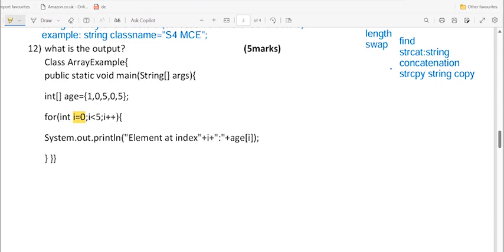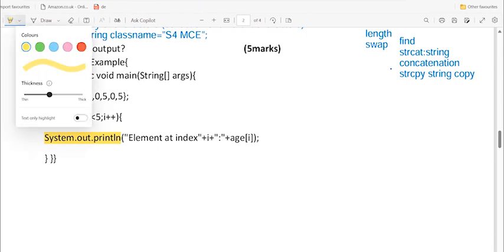Here 5, then we are incrementing from 0 to 5. Now for each iteration, we are going to do what? We are going to display. What is going to be displayed? It is a system out print line, which means after printing the element, you go to the next line. Then you are going to print what? It is printing the element at index as a string,